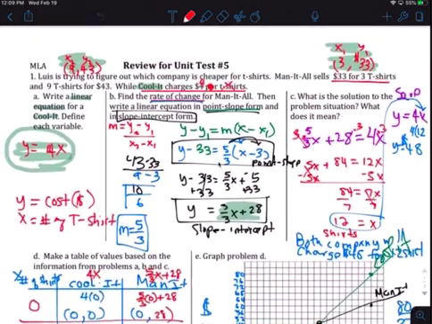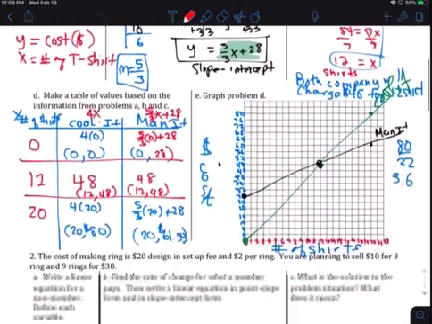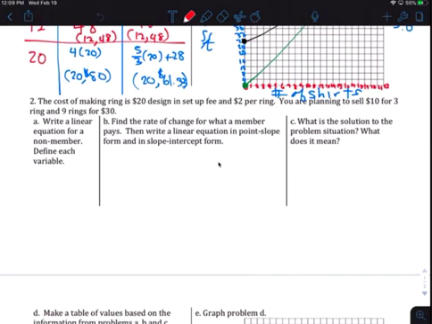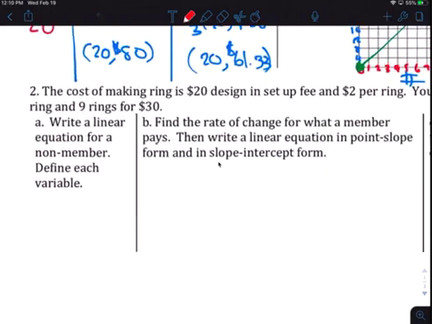Tonight's homework. Remember, tomorrow's the test, so we did the first one in class. Tomorrow it's going to look exactly like number 2. The cost of making a ring is this much. So design setup fee plus per item time. So the cost of making a ring, so cost is